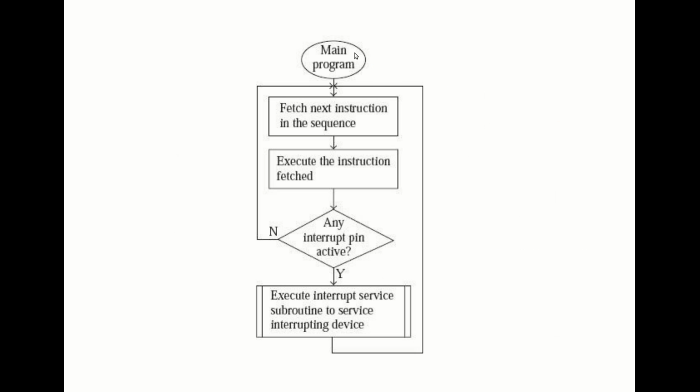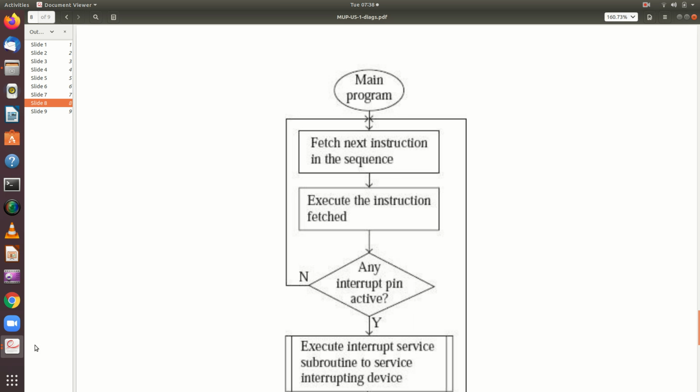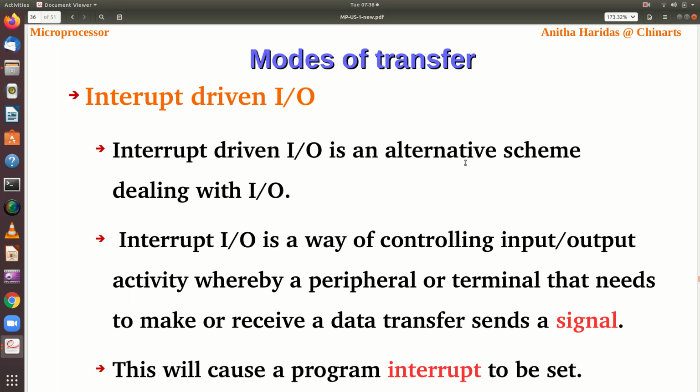So in the main program, the next instruction will be fetched in sequence and the instruction will be executed. After executing one instruction, the CPU checks whether any interrupt is activated. If so, it will execute the interrupt service routine. Otherwise, it will go back and fetch the next instruction for execution. So in the interrupt service routine,